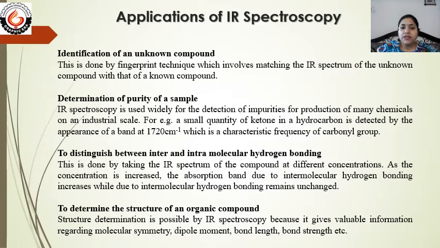Next is to distinguish between inter and intramolecular hydrogen bonding. This is done by taking the IR spectrum of the compound at different concentrations, because as you know, concentration affects the number of hydrogen bonds. As we dilute any solution, the molecules go far apart from each other, and hence there is some decrease in the hydrogen bonding. So by taking the IR spectrum of a compound in different dilutions, we can easily check whether there is hydrogen bonding